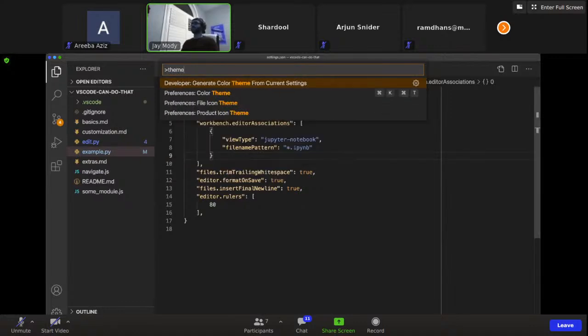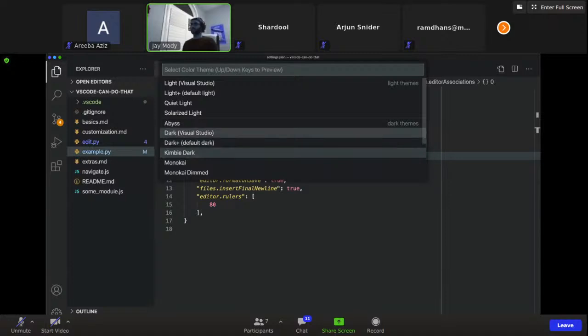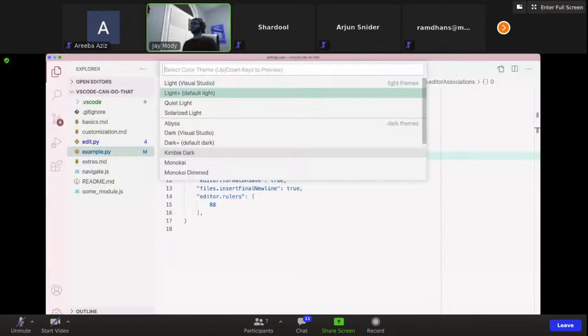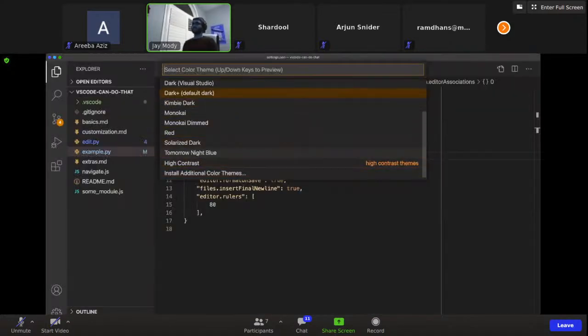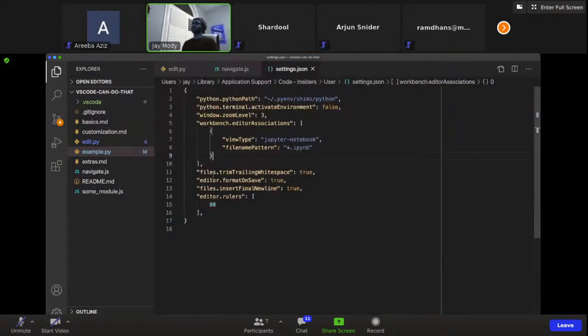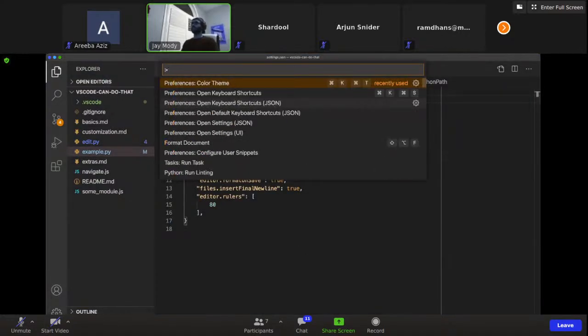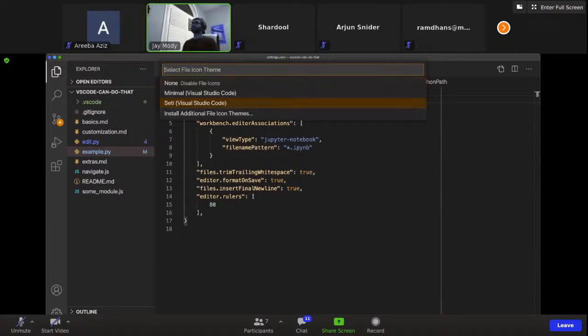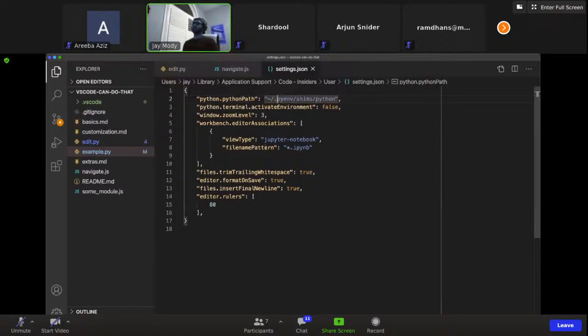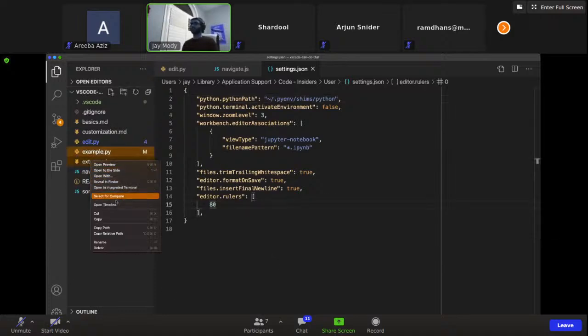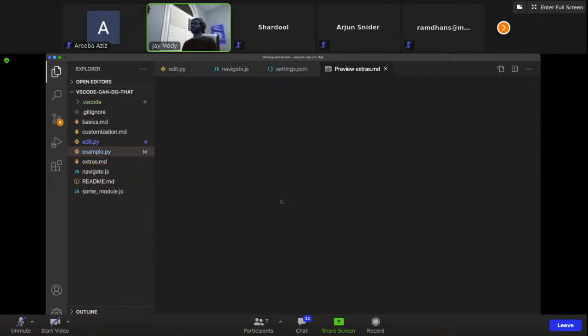If we want, we can also change the theme in VS Code. So you can just type in theme, and you can change to the different color themes. By default, there are only a couple installed, but you can go to the extensions library and install whatever theme you like. You can also change the icon theme. There's a couple they give you by default, but there are a bunch of really good ones available on the extension store, which is what we're going to talk about next before we wrap up,